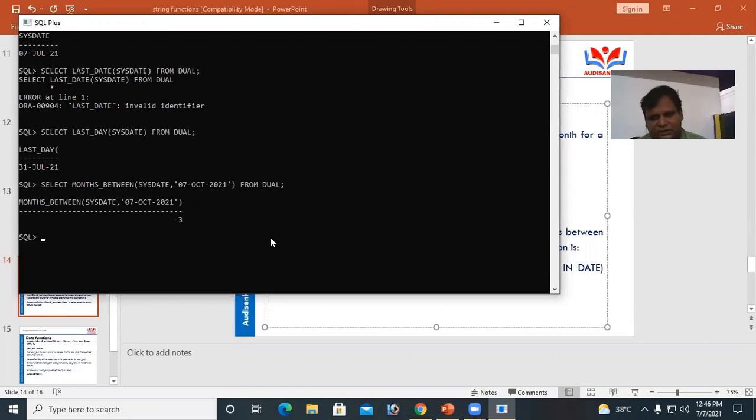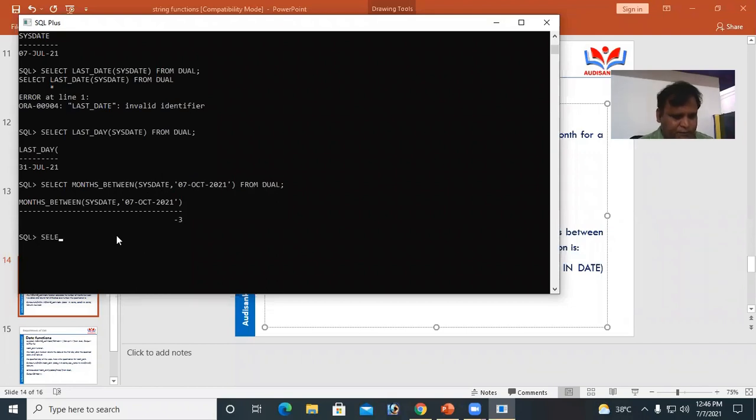The gap between the system date, 7th July 2021, and these two dates. SELECT is retrieving the data, and MONTHS_BETWEEN is the function that calculates the months gap between date 1 and date 2 from DUAL.